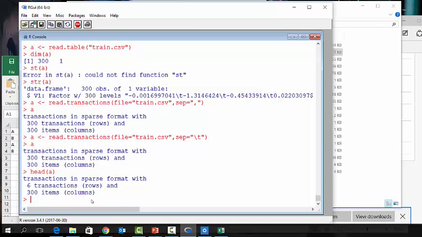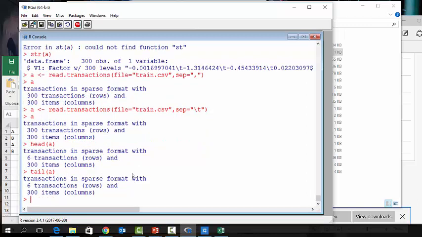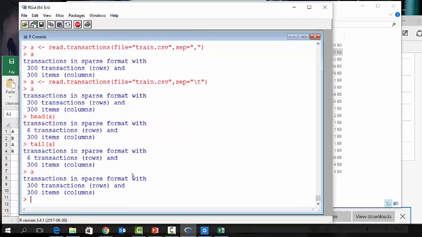So I think the problem is it's called train.csv, but there's no commas in the file. That's what I did here, a tab, backslash tab. Right? Okay, so tail, they're the same. 300 transactions, rows, and 300 columns. Okay, so